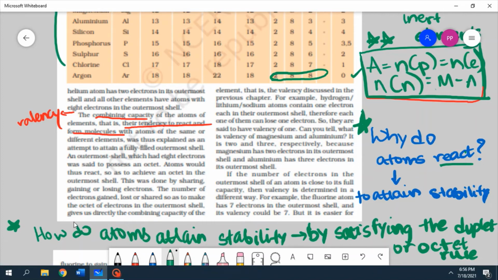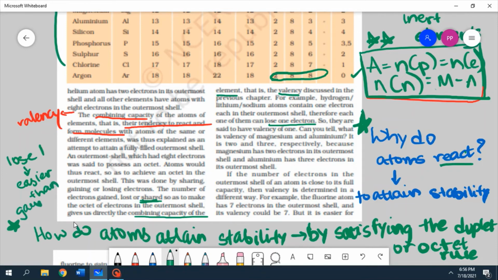Alright, so the number of electrons gained, lost, or shared, this is another word that we will cover later, so as to make the octet of electrons in the outermost shell gives us directly the combining capacity of the element, that is the valency, discussed in the previous chapter. Alright, so for example, hydrogen, lithium, or sodium atoms contain 1 electron in their outermost shell, so one of them can lose 1 electron. So it's easier for them to lose 1 electron. This is easier than